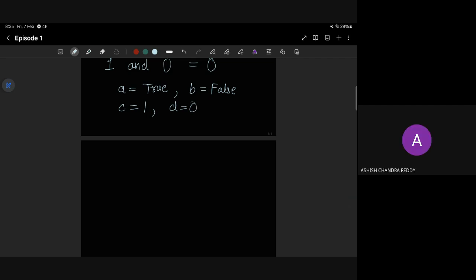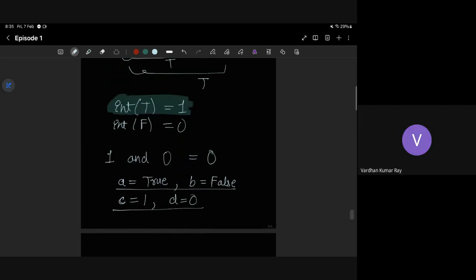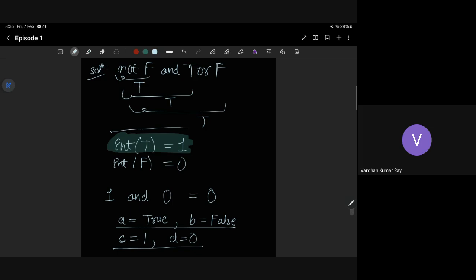Sir, by default, what will it take? Whatever. Okay, so if you're using true and false, it will give you true and false. If you have an integer value, it will have an integer value. That's all. Nothing else. Okay, to specify boolean, we should write bool. Exactly. That's all. Default one is not integer. Writing int of t gives you 1. That's all. It's like converting a boolean value, which is true, to an integer.